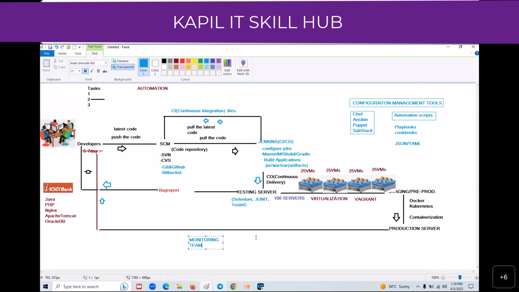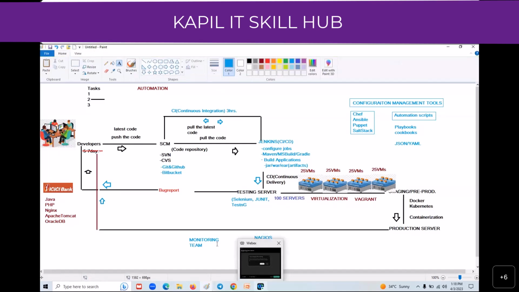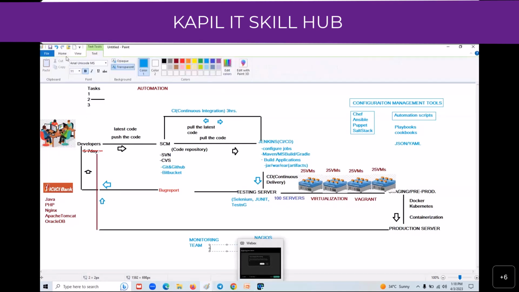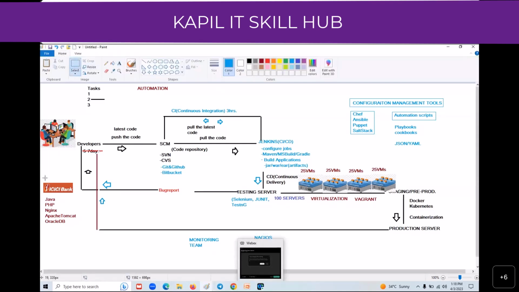Here we have the Nagios tool. So what the monitoring team will do is, suppose this ICICI Bank application has been deployed in your production server, these monitoring team people monitor that application.